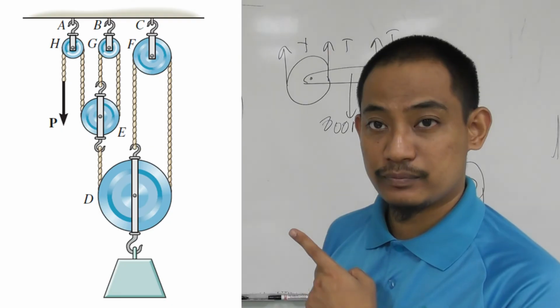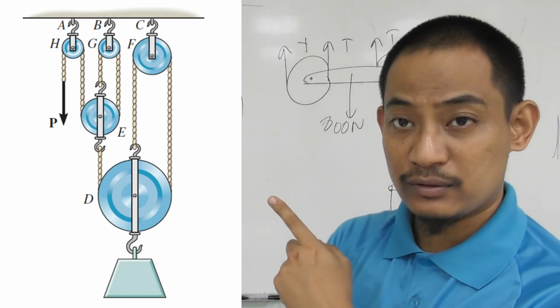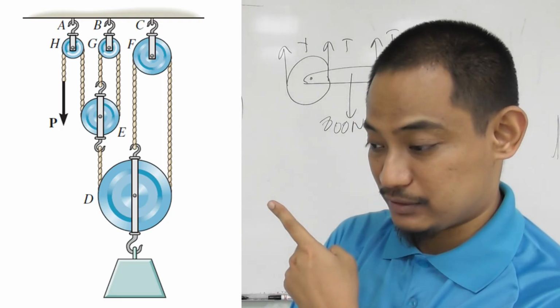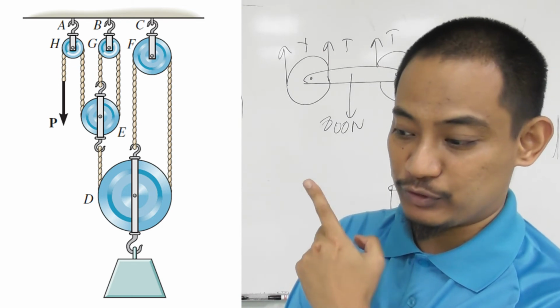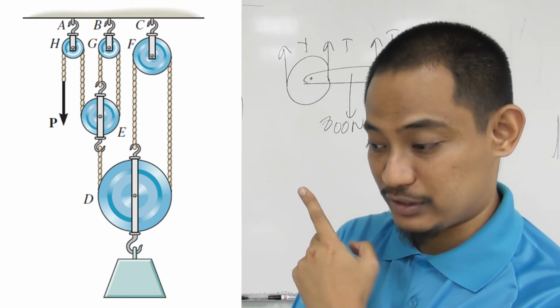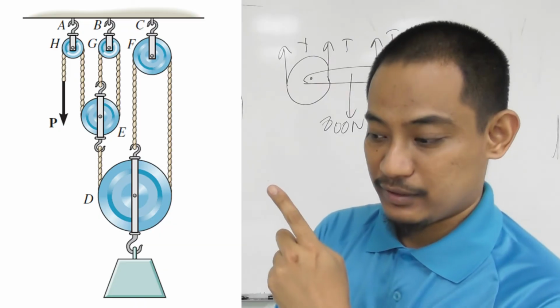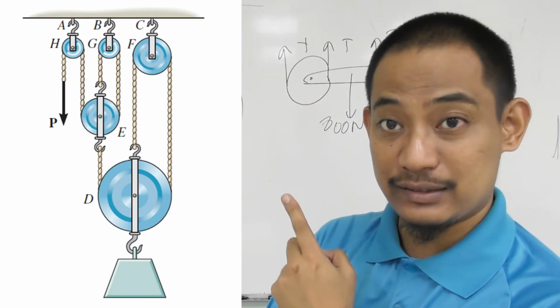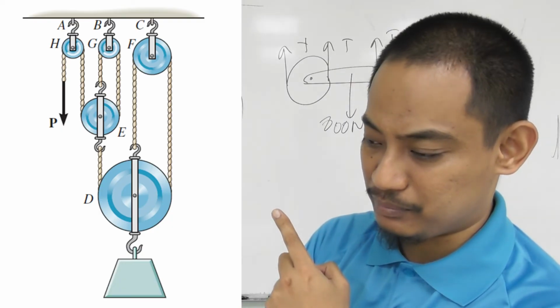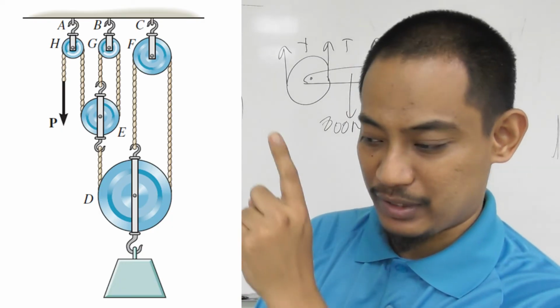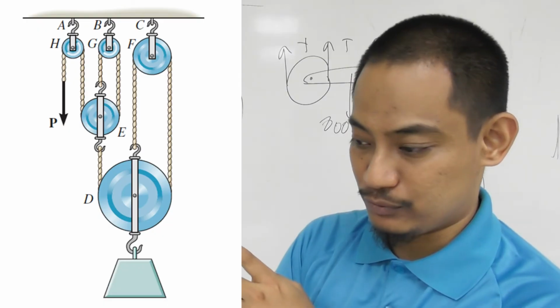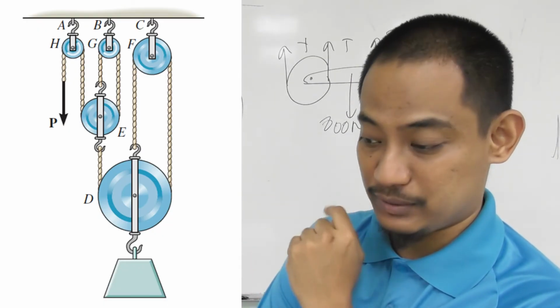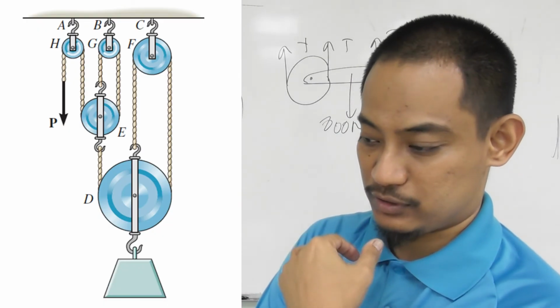Okay, this one. Should I draw it? Because it's the same principle, right? You draw the free body diagram of point H, pulley H, you have P and P, right? And then reaction at A. And then if you draw the pulley at E, the slightly bigger pulley there, you have P, P and P upwards, right? If you draw the point G, pulley G, you have P and P downwards and